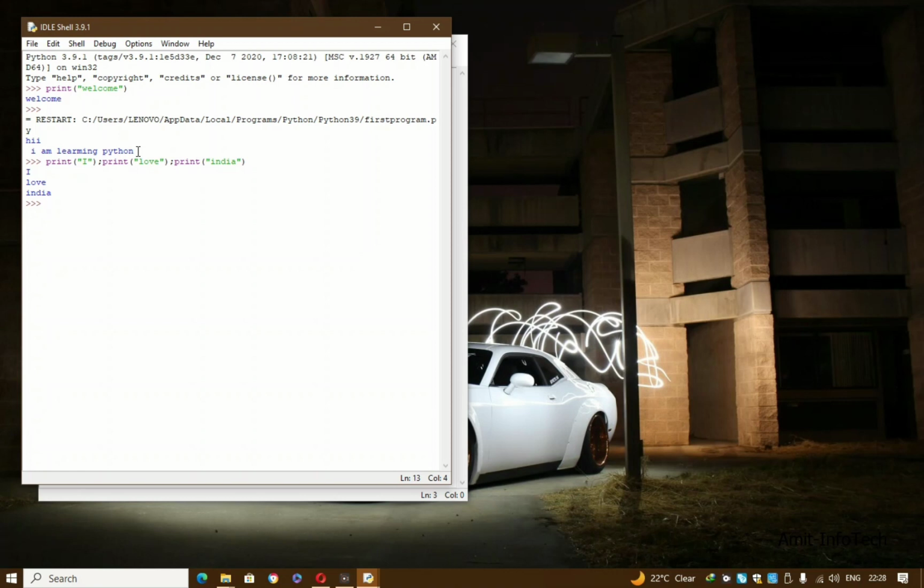Okay, let's take another example. I write print, parenthesis, double quote, I, backslash n. Oh sorry, by mistake I pressed enter.